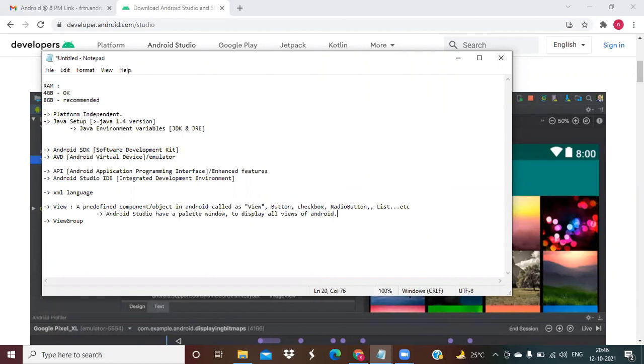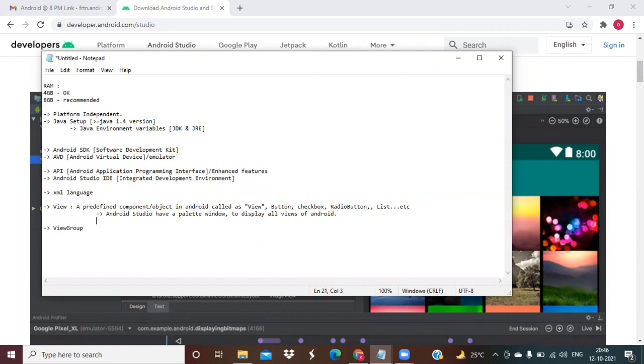From the palette window, you just drag and drop. For example, you need a button. In the palette window, there is a button available for you. Just drag and drop it into your screen. When you drag and drop, XML code will be displayed.